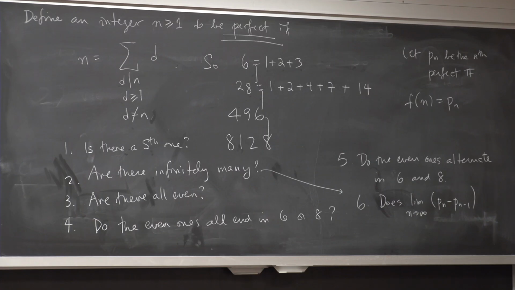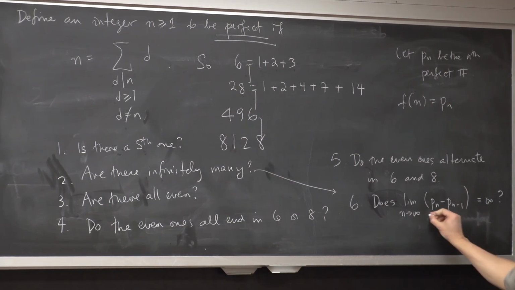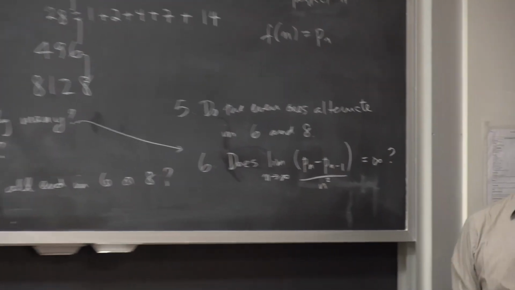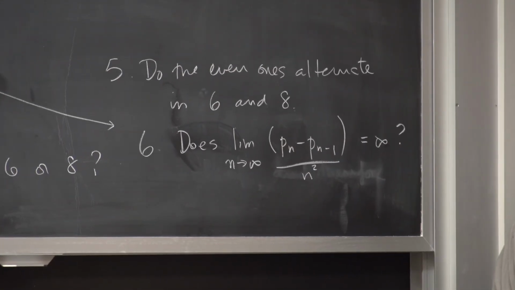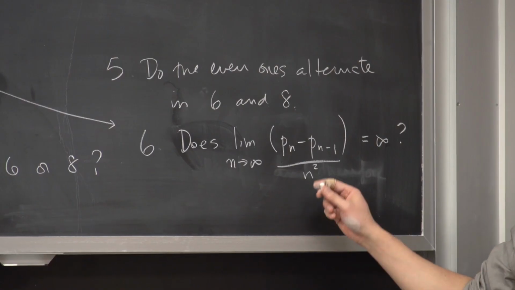Is it infinity? How's that? Does it make sense? Okay. Or even with the limit as n goes to infinity, Pn minus Pn over 1 over n. Yeah, or you can ask this question right here, okay? That's a perfectly good question. Or this question right here, okay? These are all excellent questions that most people,